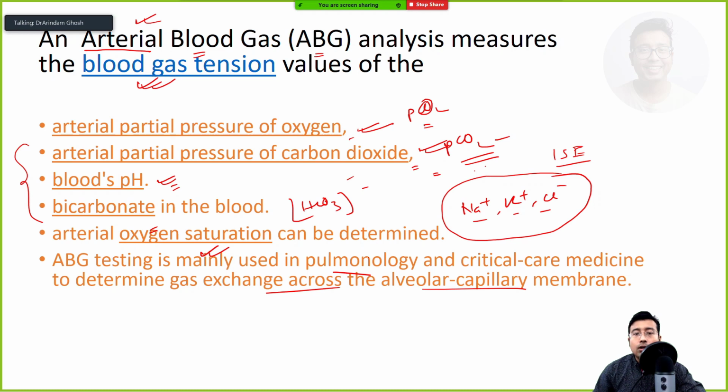And I told you, pulmonology and critical care medicine. Why critical care medicine? Because the HOD of the critical care group can be anybody. It can be from the anesthesia department, medicine, surgery, orthopedics, anything. Any department can have critical care patients. What do we consider critical? Generally two organs, not too many organs, can lead to this critical care condition: number one lungs and number two heart.